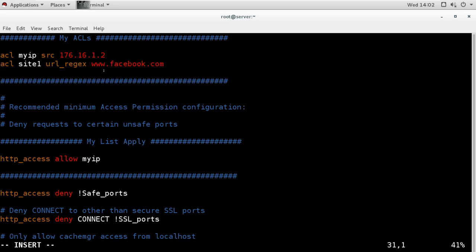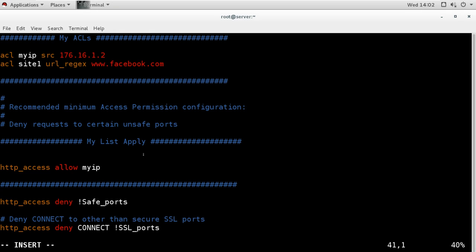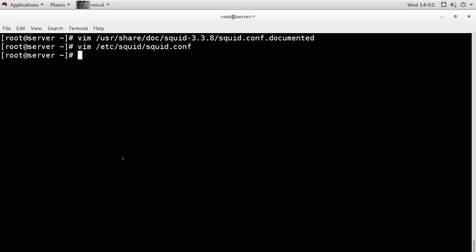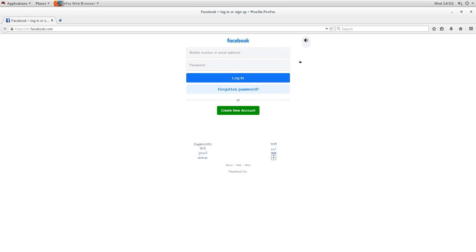Now I am mentioning the site here only in this ACL, but whether it is going to be denied or allowed, that I will mention here. I will say http_access, and I will say deny this site1, the name of the ACL. Then I will restart the service to update the changes, and when you go to the client, you can see the site was working. Now when I try to access, it is